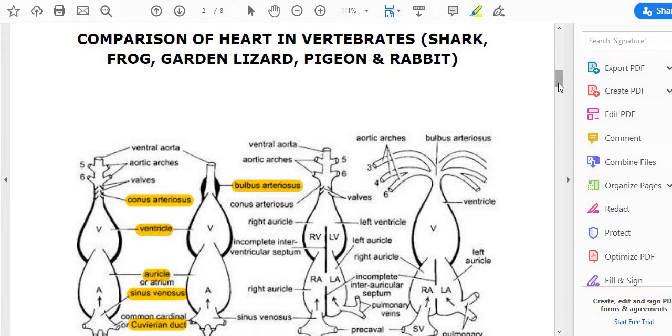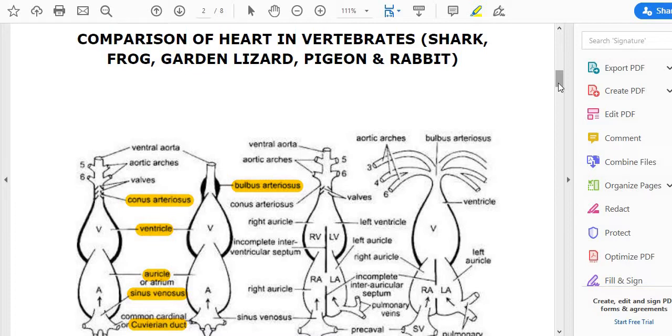In case of vertebrates, or all chordates, the heart is a muscular pumping organ, and it helps in the circulation of blood and lymph. So this entire circuit forms the circulatory system or vascular system, that is, the presence of heart and connected vessels, arteries and also veins.